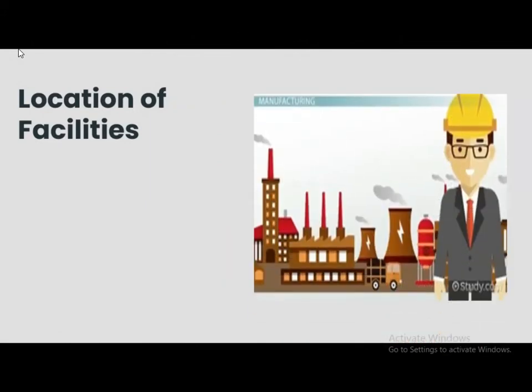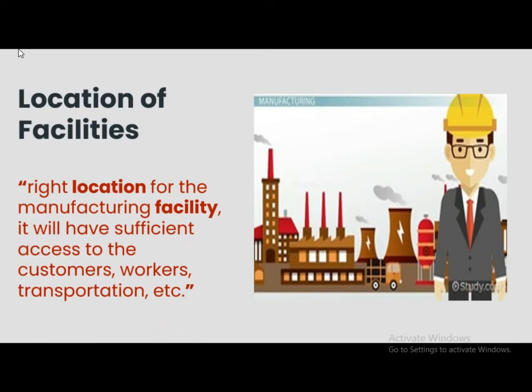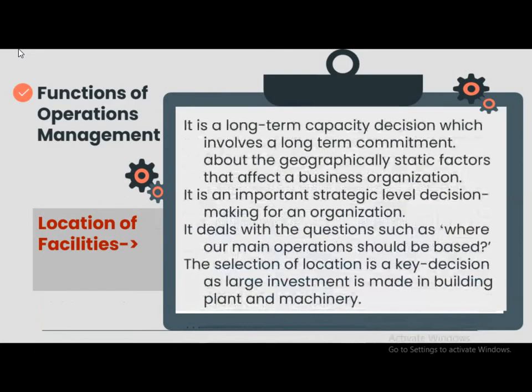Next important function is location of facilities. Location of facilities is nothing but right location for the manufacturing facilities. It will have sufficient access to the customers, workers and transportations, etc. It is long-term capacity decision which involves a long-term commitment about the geographical static factors that affect a business organization. It is an important strategic level decision making